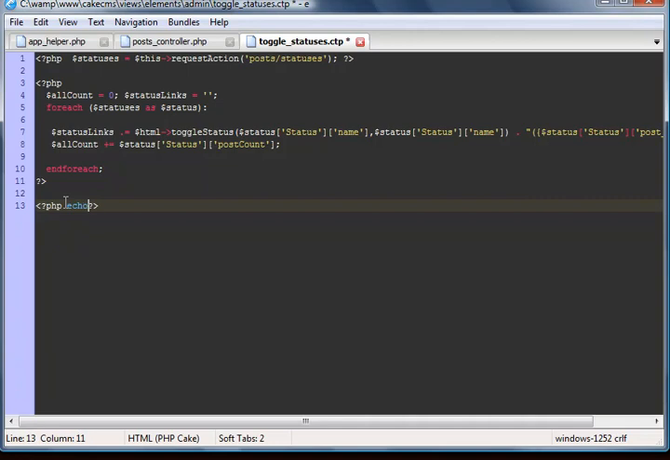So we'll say echo, we'll say HTML, we'll set up the all link, so we'll say toggle, status, we'll give it all, we'll say all for the value. I'll do that lowercase. I actually want these to be lowercase. Come in here and we'll throw in